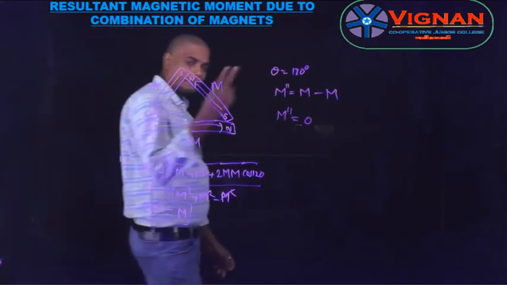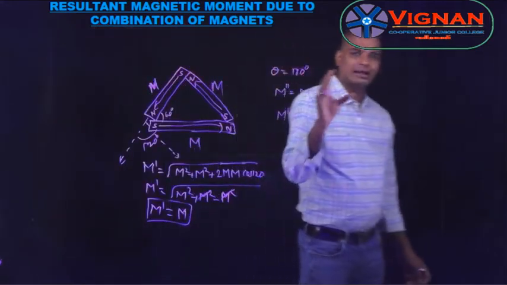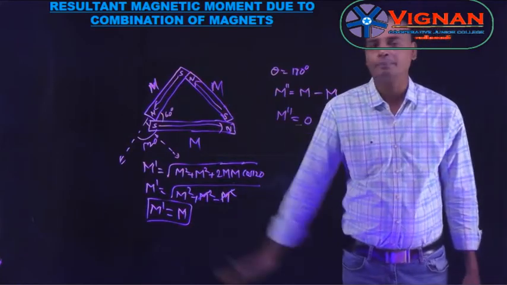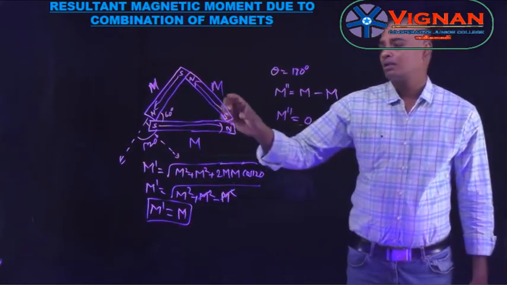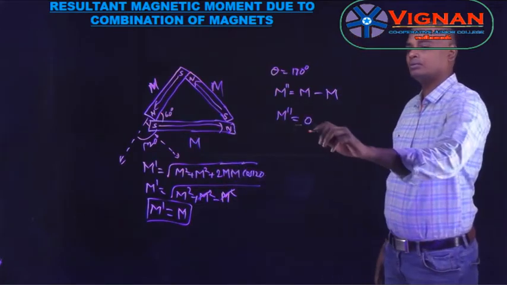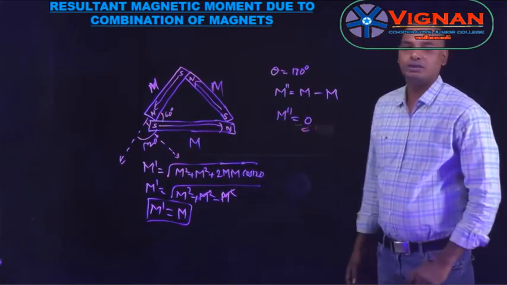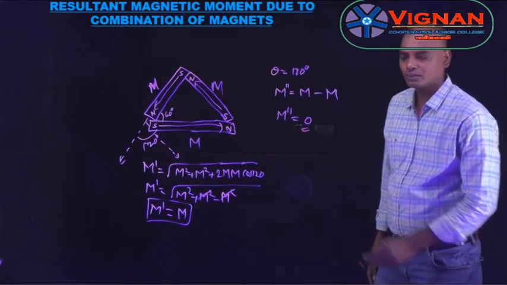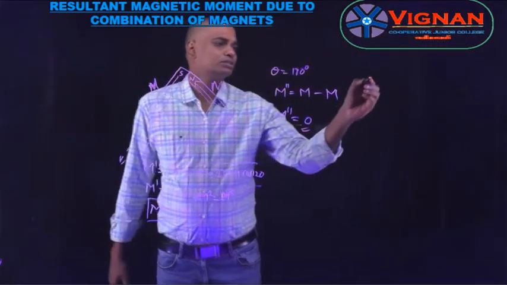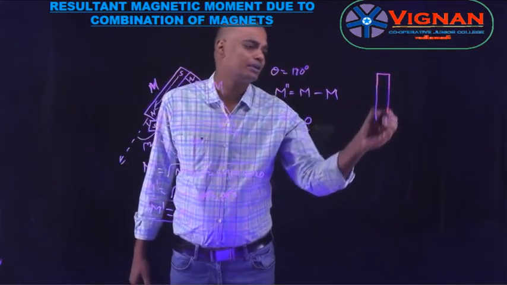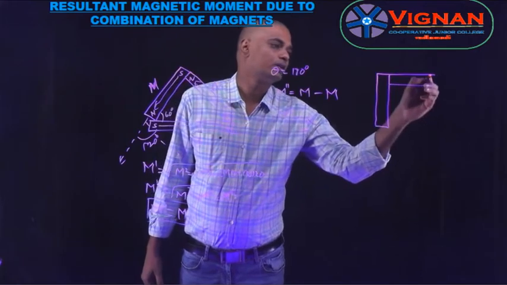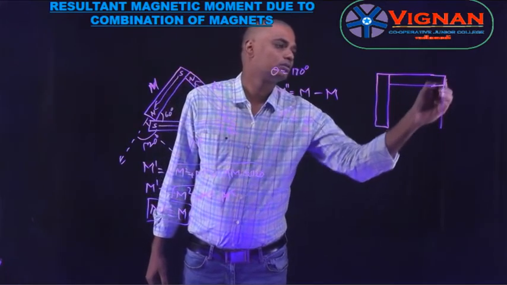So when three identical bar magnets, whose magnetic dipole moment is capital M, are placed in the form of an equilateral triangle, then the resultant magnetic dipole moment will be equal to 0. Similarly, if four identical bar magnets are placed in the form of a square,